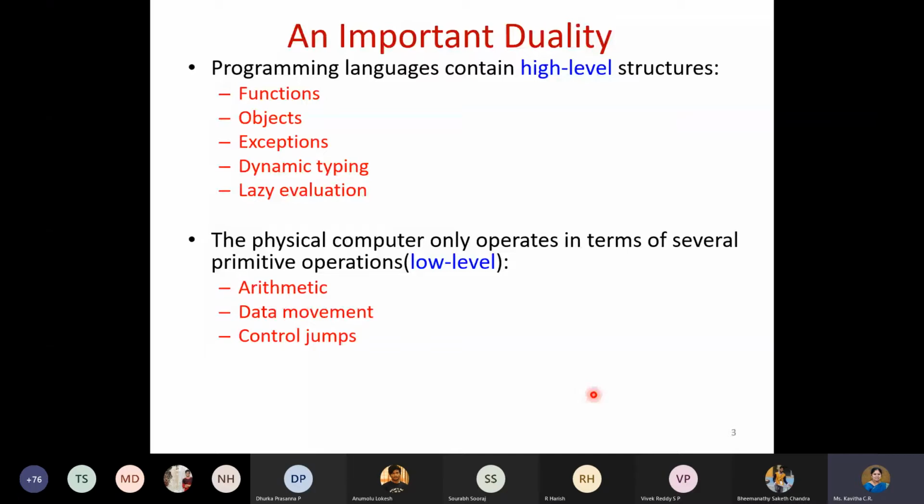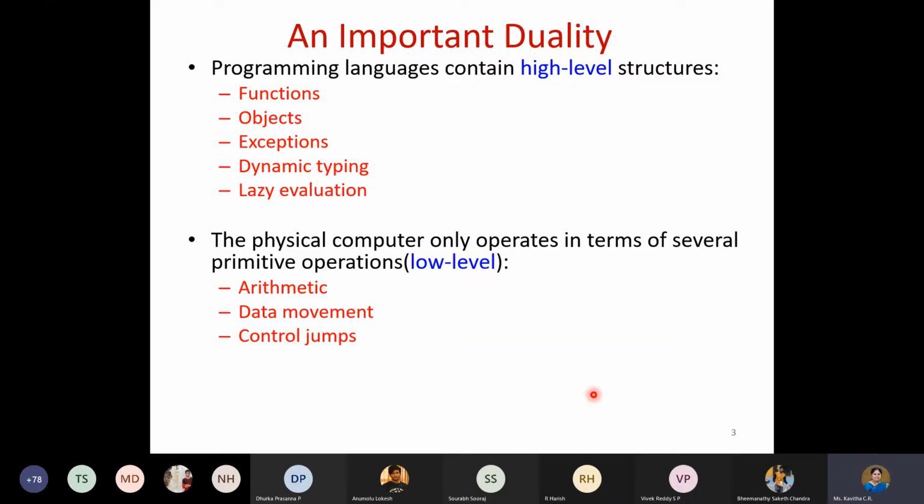On the other hand, we have the low level structures, and those are nothing but the structures that are present in the machine. Like if you take any architecture, some assembly language, we have a few instructions that can take care of the normal operations.